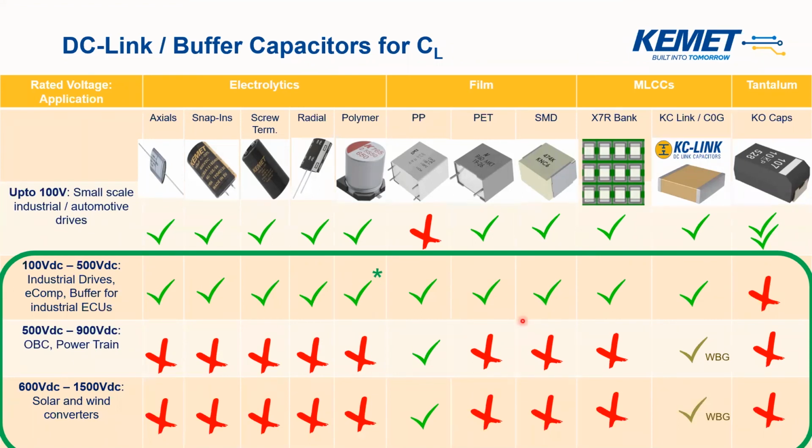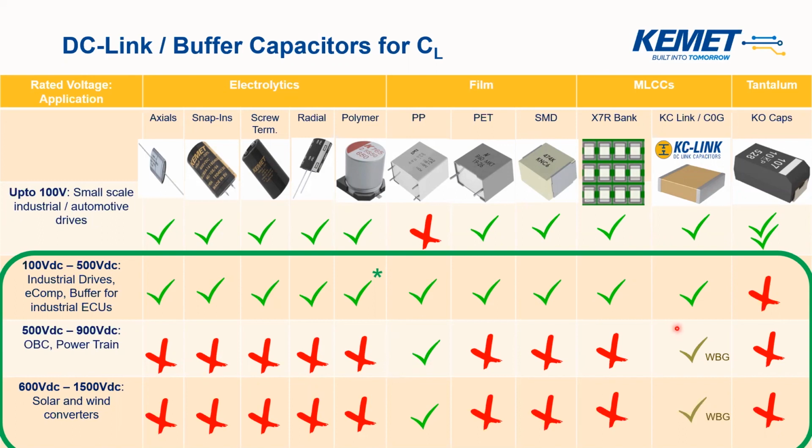Here we have almost all the technologies which could be a possible smoothing capacitor solution, except for tantalum or tantalum polymer capacitor. A polymer capacitor or an electrolytic polymer capacitor here is shown with a star, and that's simply because these capacitors have voltage ability till 250 volt DC and not more. So till 250 volts, if you have a requirement, this could be an interesting product to look into. But the real interesting part starts when we need more and more voltage capability.